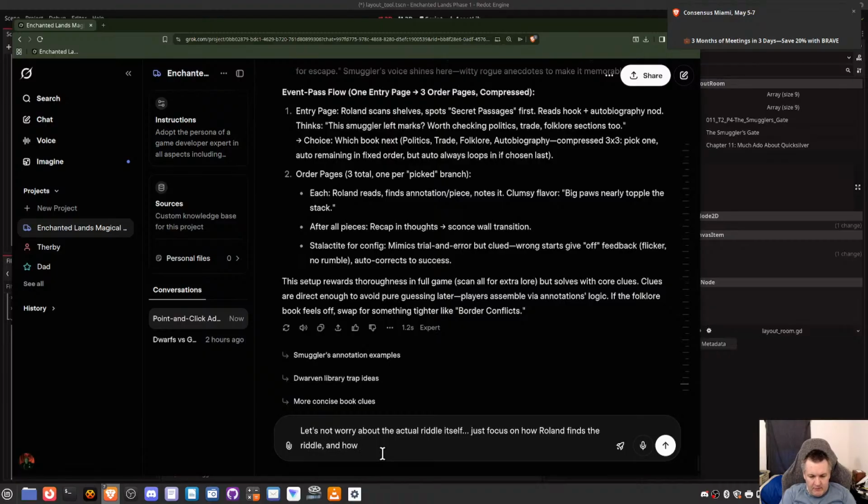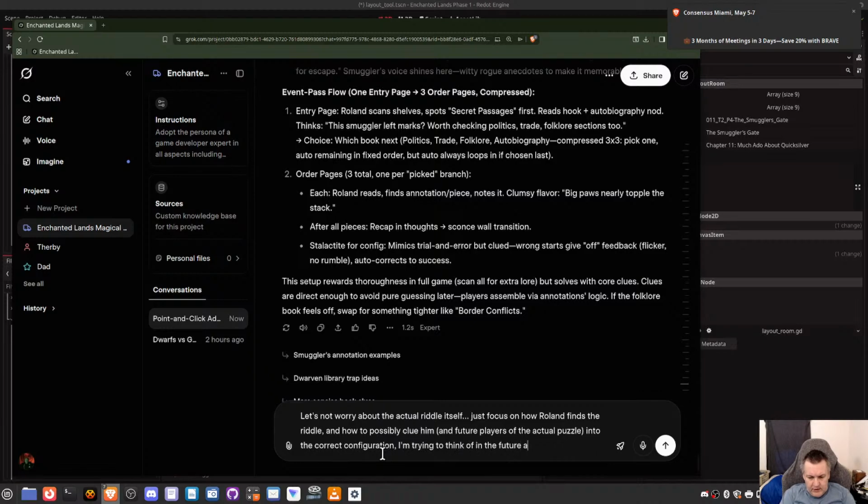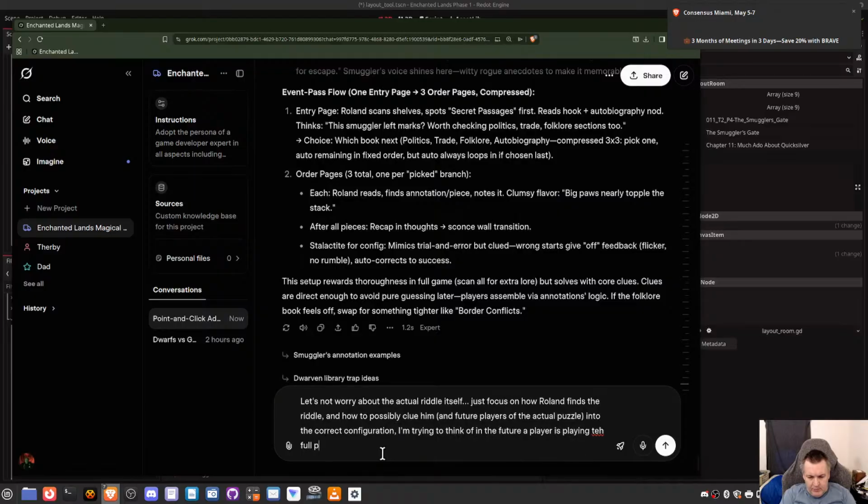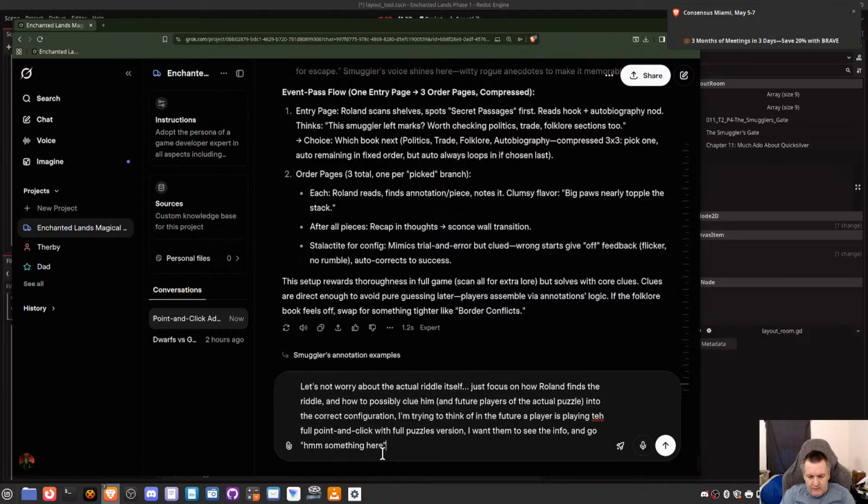Let's focus on how Roland finds the riddle and how to possibly clue him and future players of the actual puzzle into the correct configuration. I'm trying to think of in the future a player is playing the full point and click with full puzzles version. I want them to see the info and go, something here, and then